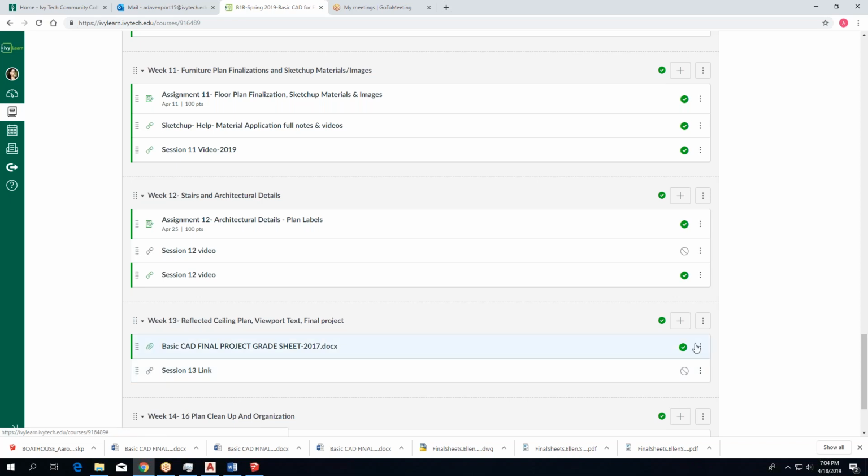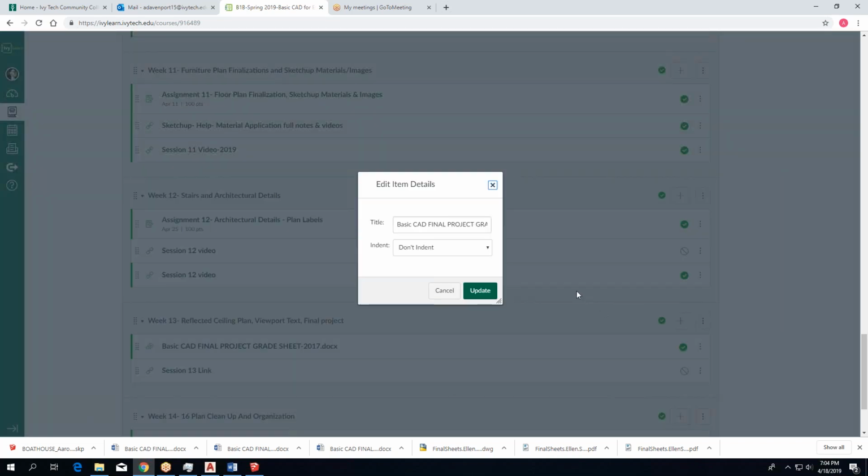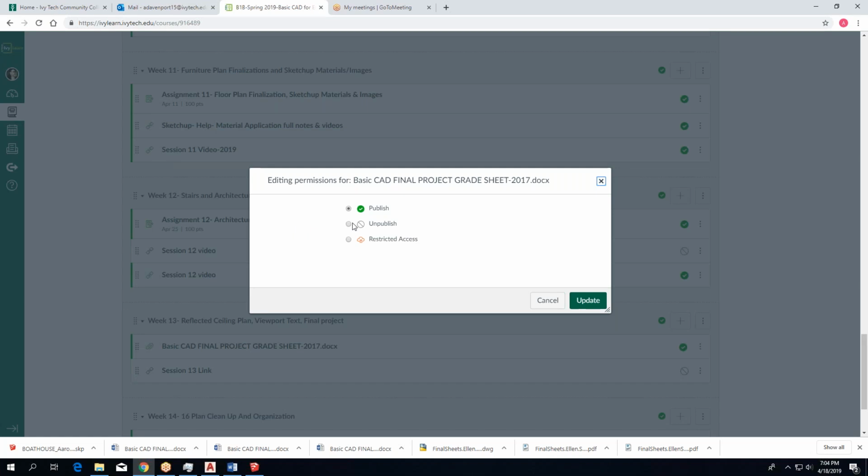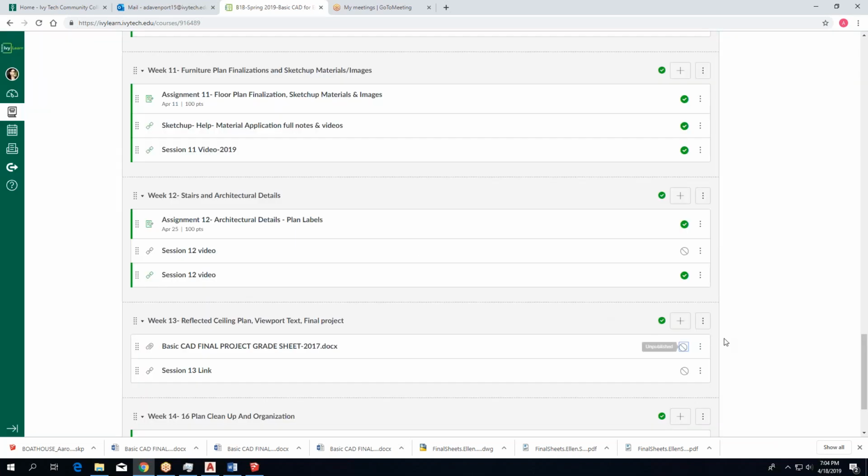And here's where I want to say options, edit, title, basic CAD. So I want to basically turn this off, unpublish that. Then options, I want to